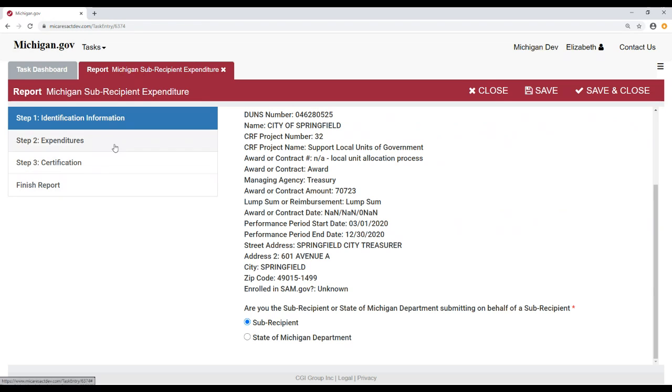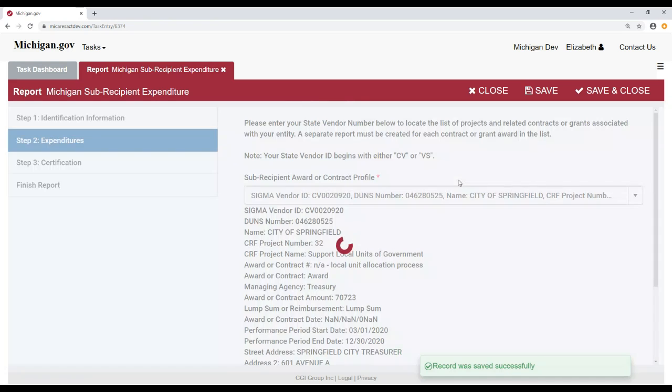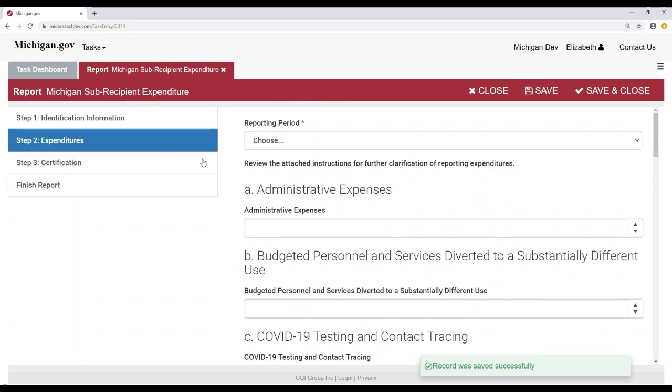And then we're able to move on to step 2. Now, I will point out up here there are save buttons. You can save as you transition from each step, or you can just transition and save at the end. Either way is fine. So on the expenditures page, the next thing that you're going to do is select your